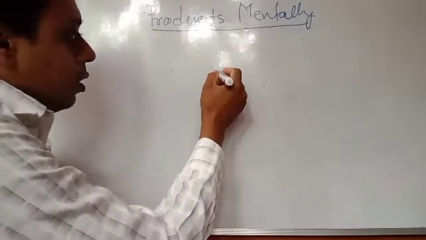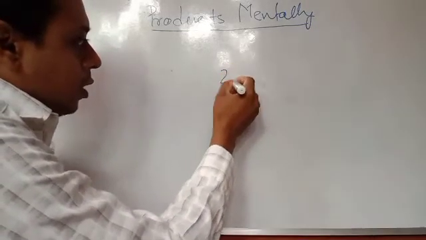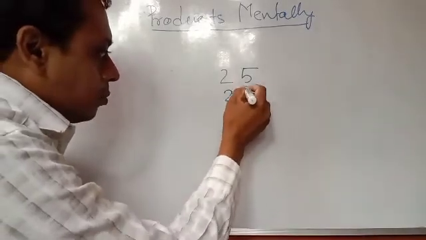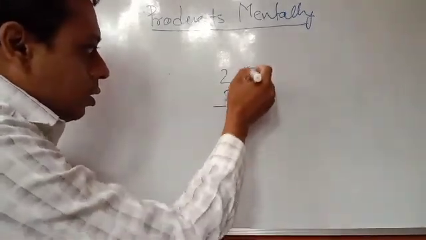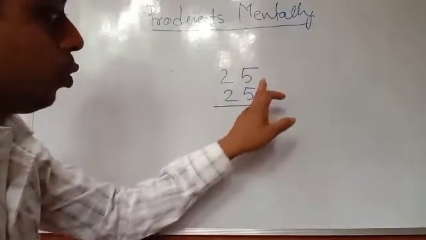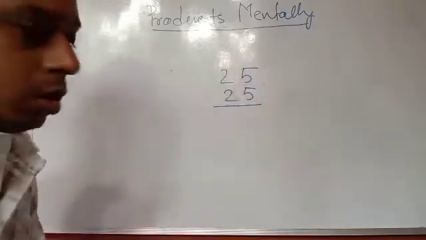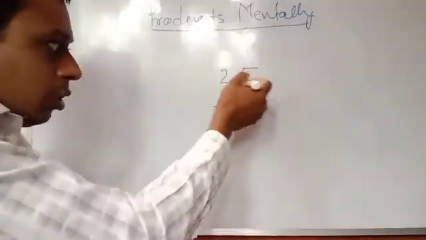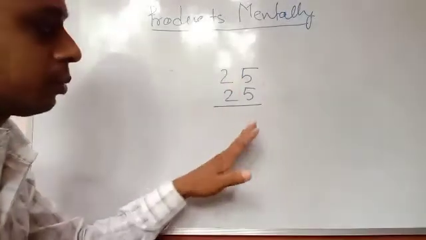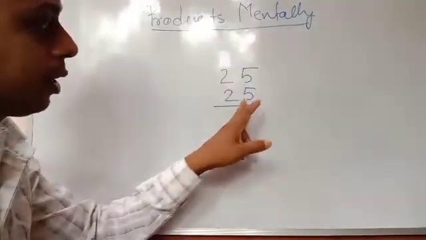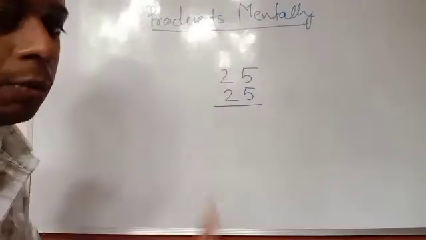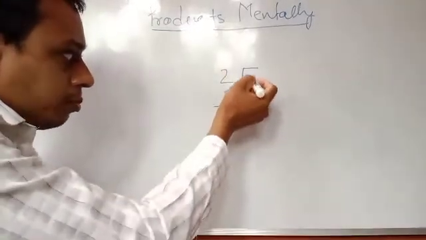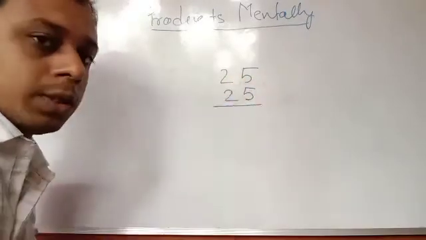Suppose here I am writing 25, a number, and another number also will be same. And in one place, both the number in one place will be 5, and rest all digit will be same. Not 24 and 24, not like this. They are 25 and 25, 35 and 35, 45 and 45. That means unit place or one place there will be 5 and both the number will be same.